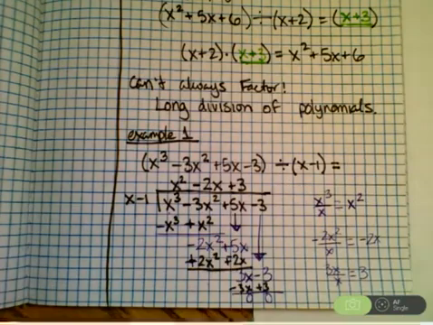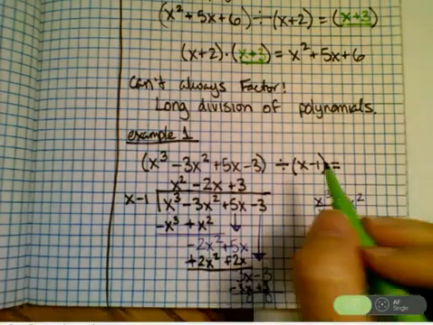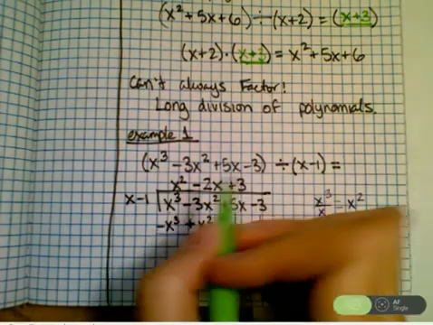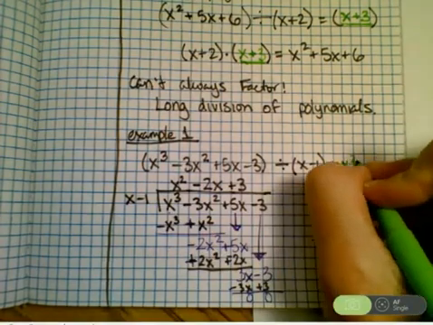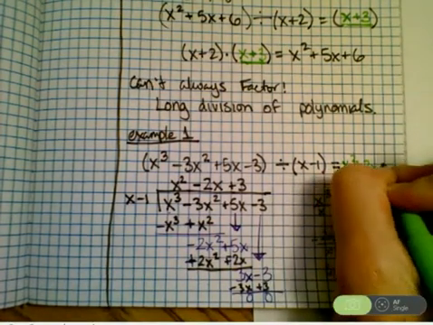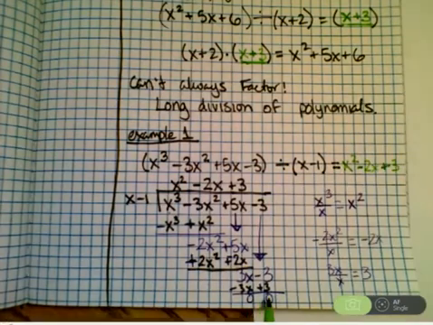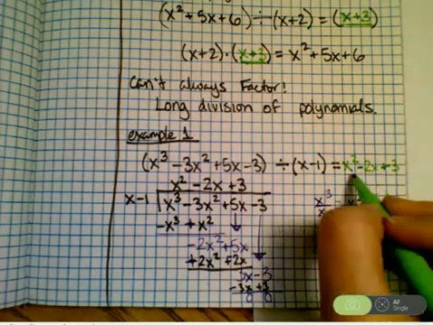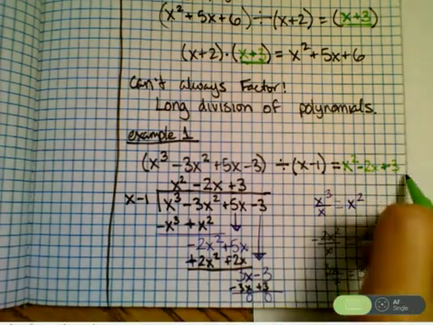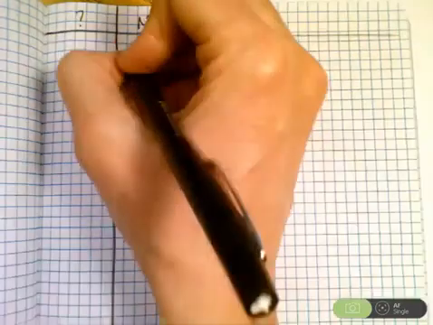So let me find a different color. So this divided by x minus 1 equals x squared minus 2x plus 3. Now, just like in other division, we won't always get zeros at the end, but I'll show you what happens when we come to one of those. For right now, this is just all we need to do. So this is our final answer. Because we did over and over again,